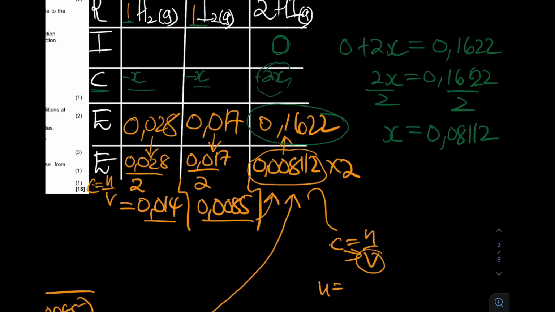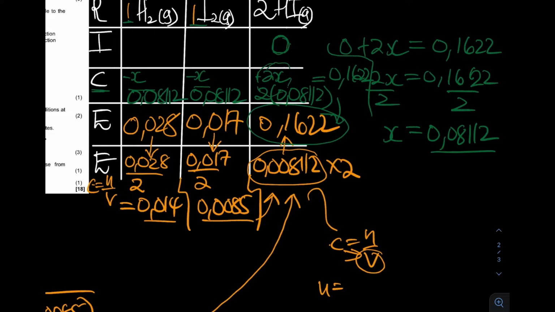So we substituted the x's there. If we say 2 multiplied by 0.08112, the answer there will be the same value. It will be 0.1622. That's the answer there. I hope you can see that, and the x we already calculated, so my x there is going to be 0.08112, and same as this side, 0.08112, right? Now we are one step ahead to the mass that we wanted, the initial amount of mass of